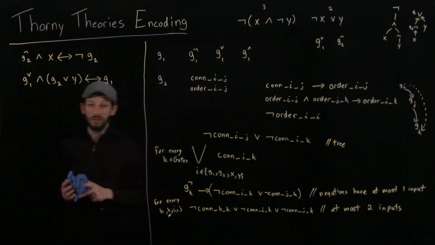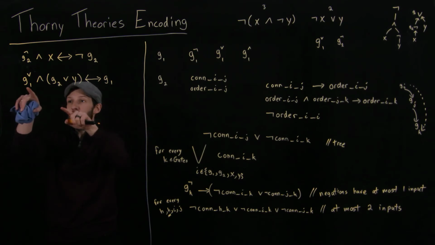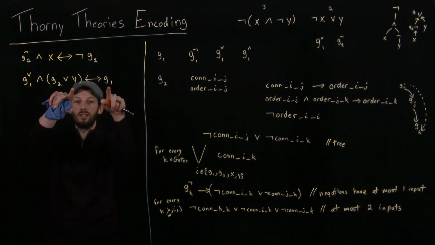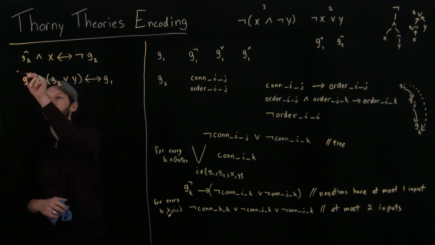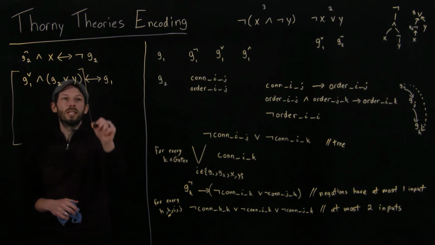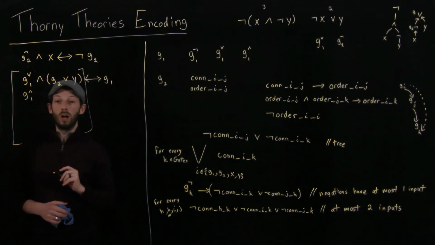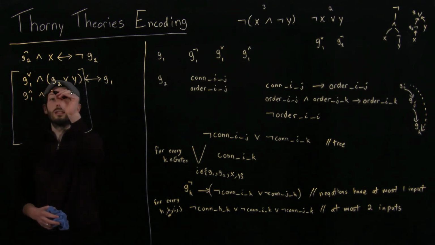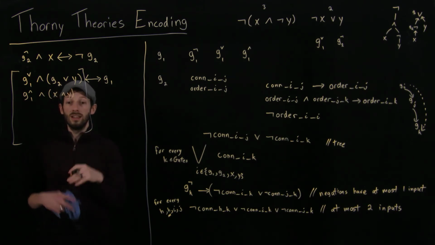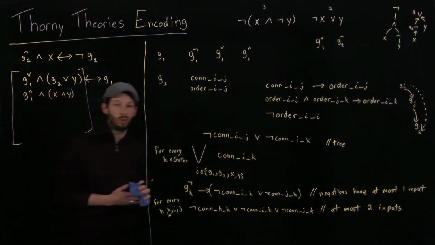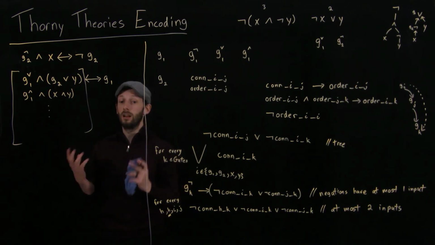Now, the actual implementation of this and the actual constraints that go in are big disjunctions about this, right? So if we've decided that this is the case and this is here, then G1 has to go, but maybe we decided something else entirely. So what it sort of looks like is a single if and only if on this, and you would have things like maybe you decided G1 should have been a conjunction, and the inputs for G1 were X and Y, and if that was the case, then this is what would be defining G1 as an output. And so all of these different possibilities, a huge number of constraints, are being generated automatically for this theory